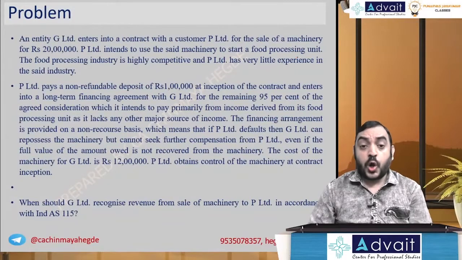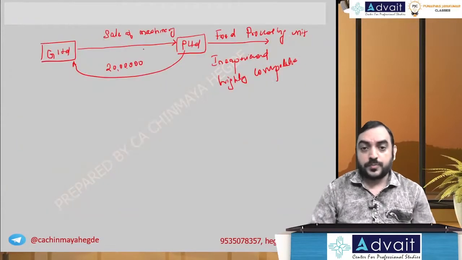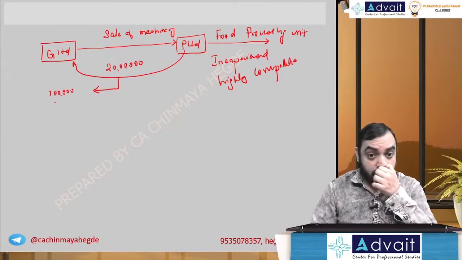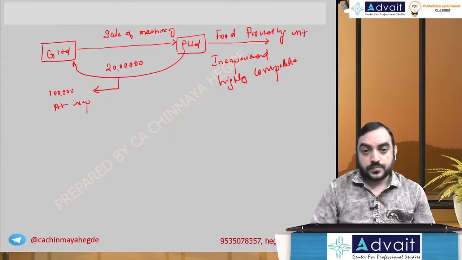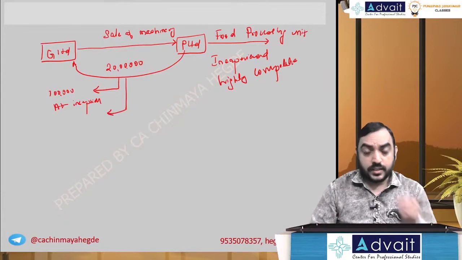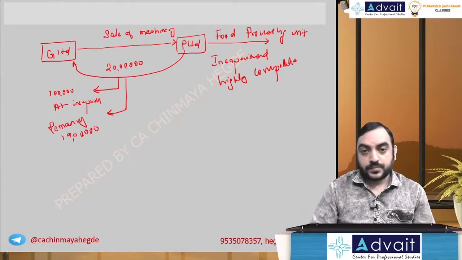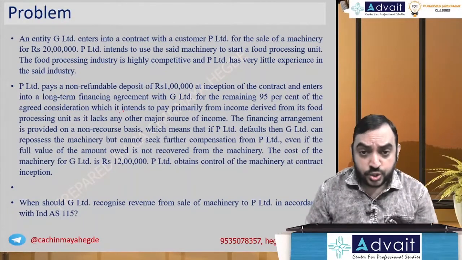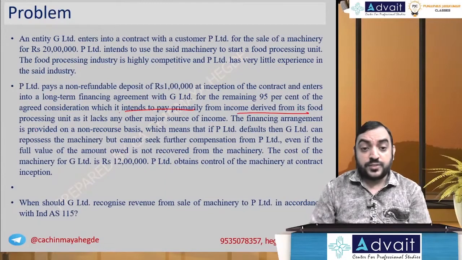P Limited pays a non-refundable deposit of 1 lakh at inception. Okay. So out of 20 lakh, 1 lakh is paid at inception, non-refundable. And second case, remaining 95%, remaining 19 lakh, which it intends to pay primarily from the income derived from its food processing unit as